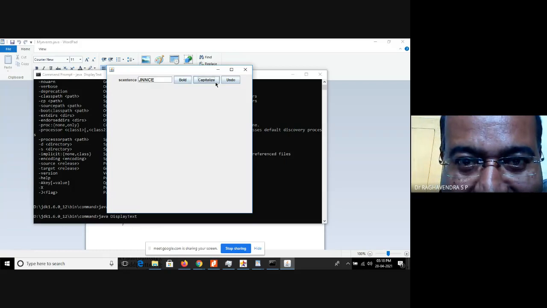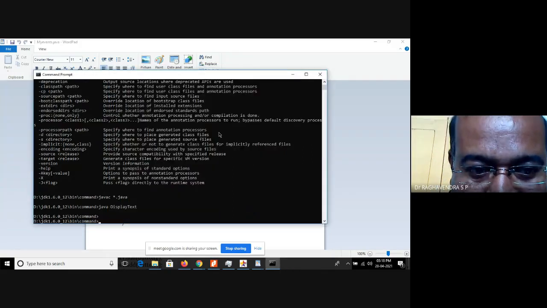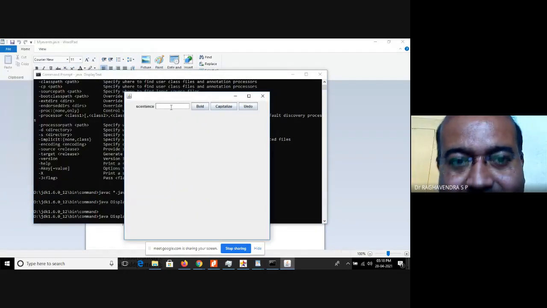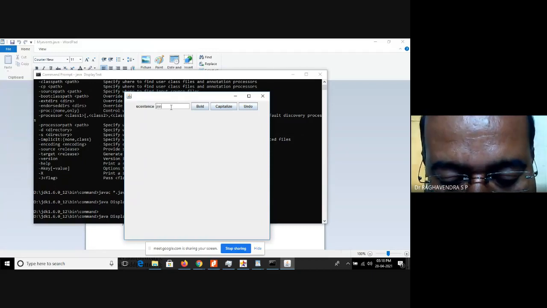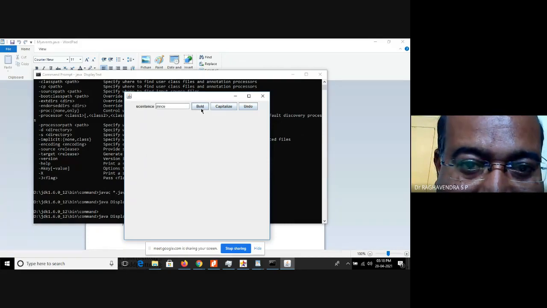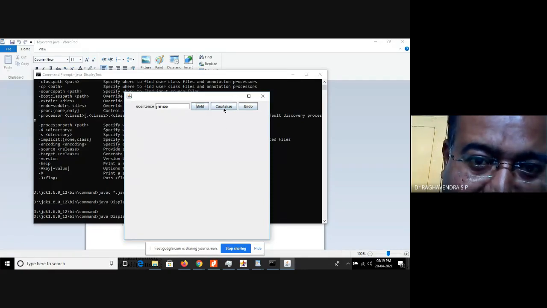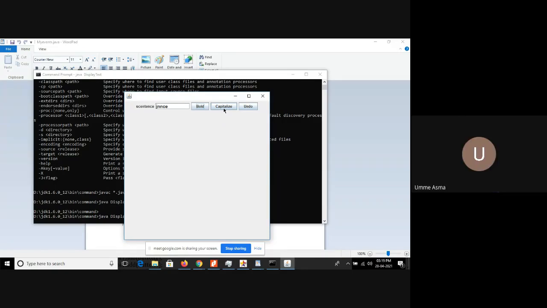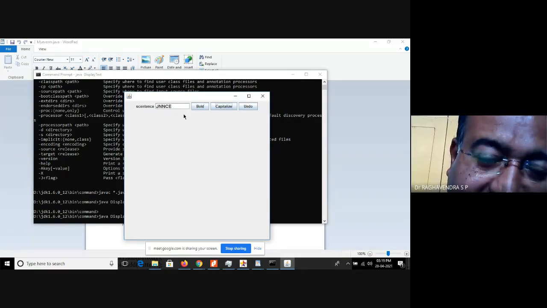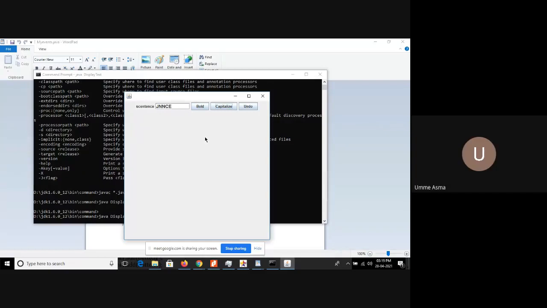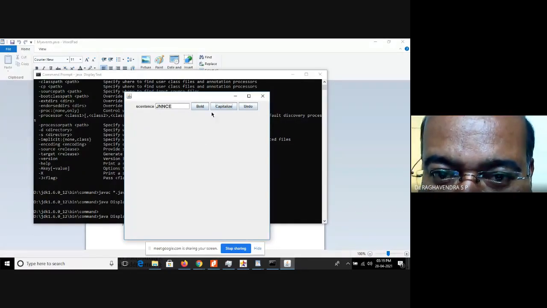Okay, first look, I will run it once again. So this is the window. I'm going to type some text here. I have typed the text. Which command am I running first? Bold. So I clicked, it became bold. Which command am I running next? Capitalize. So now it became capitalized. Now which is the recently executed command? Capitalize. So now if I click undo, which command will be nullified?